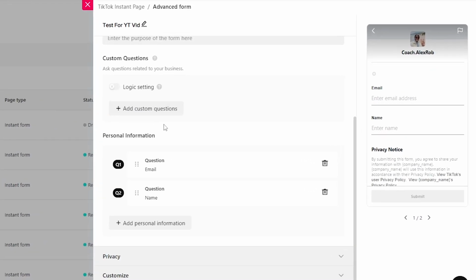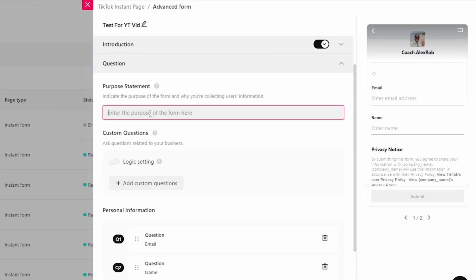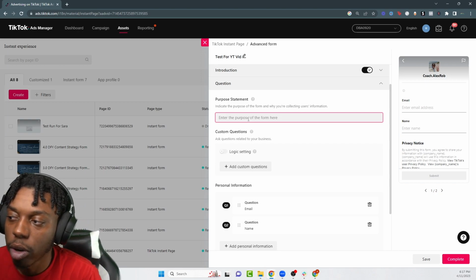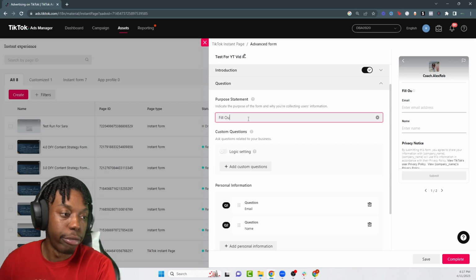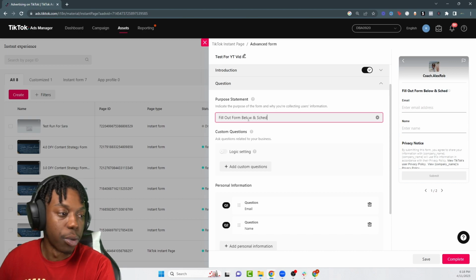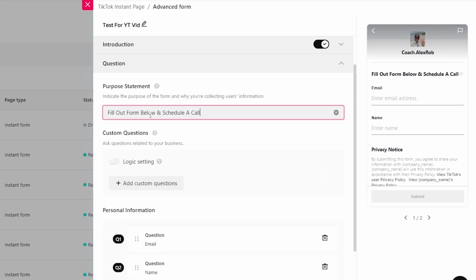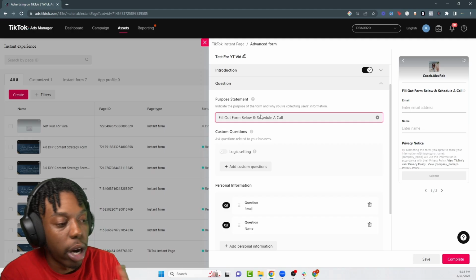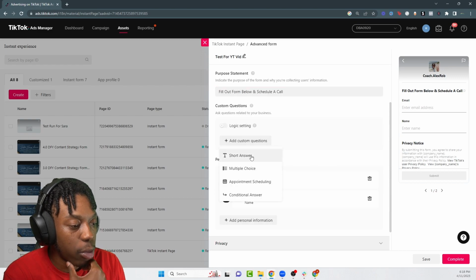Question, so this is where you're going to go into, scroll up a little bit, go to purpose statement, give people a little bit of backstory on why they should fill this out, right? So fill out form below and schedule a call, right? Something like that, or whatever you want to do for that. Fill out required information below, and then you're going to go to custom questions, and this is where you're going